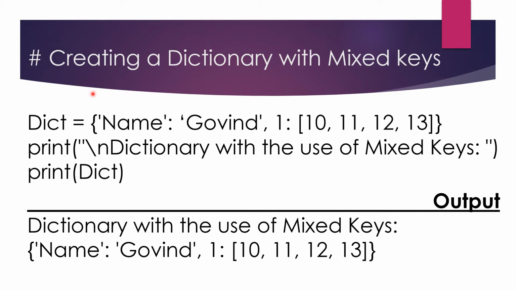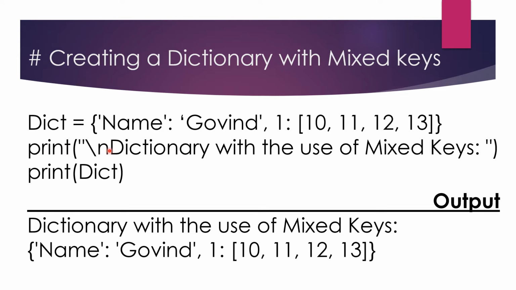So now, how can we create a dictionary with mixed keys? Let us see this program. Here the dictionary is given and some values are assigned to it. First is name. This basically is the key and this is the value of it. Then here 1 is the key and this is the value of it. And this 2, this is first, this is second, separated by a comma. As you can see, this is the key, this is the value, and both are separated by a colon, as you can see here and here.